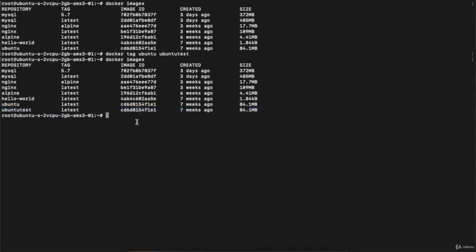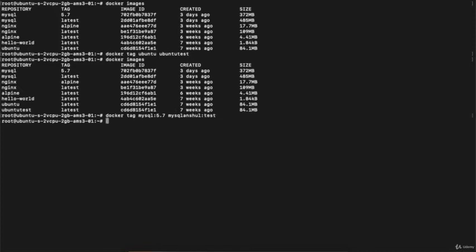So suppose you want to create a specific tag, then you can use a command like this: docker tag. Suppose I want to tag the MySQL 5.7 image. I can see MySQL 5.7 is present in my local. I can tag it like MySQL Anshul dot test, right?